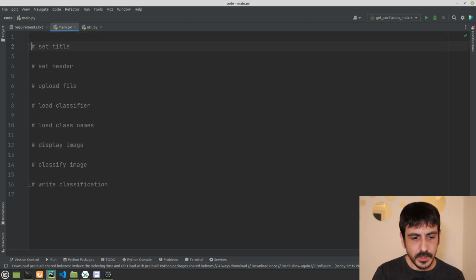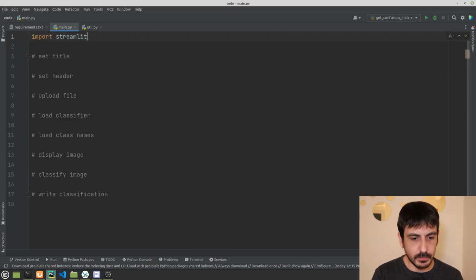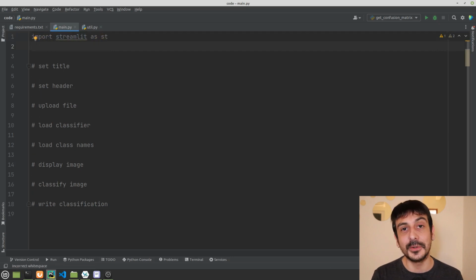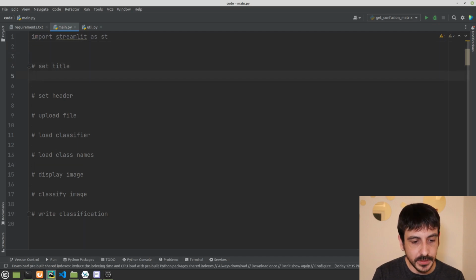Okay, and the first thing we need to do is to import Streamlit as st. That's very important, because this is a Python package we are going to use in order to make this process available through a web application using Streamlit. So Streamlit is definitely important. And then the first step is to set up the title, and this is exactly how we're going to do it. We're going to call st.title, and we're just going to set whatever title we want. I'm just going to write something like pneumonia classification, right? Pneumonia classification, everything's okay, yeah.